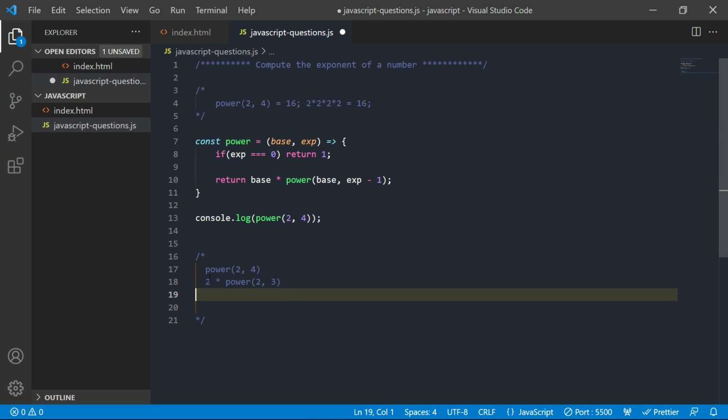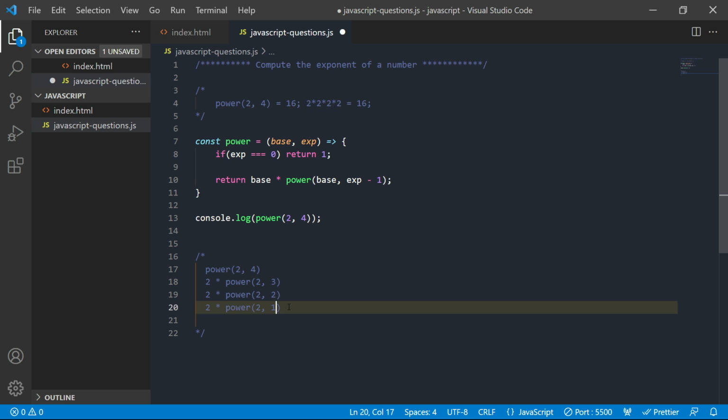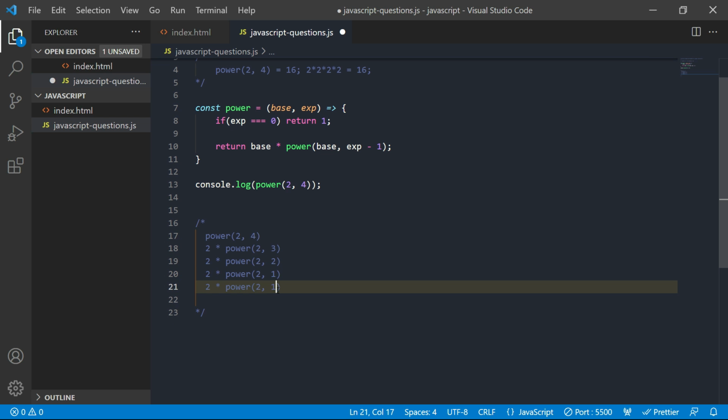As the exponent is not 0, again this results in 2 times power of 2 comma 2. Again it repeats with 1, again it repeats with 0, until it reaches this condition. It meets this condition, power 2 to the power of 0, where the exponent is 0, so then it returns 1.